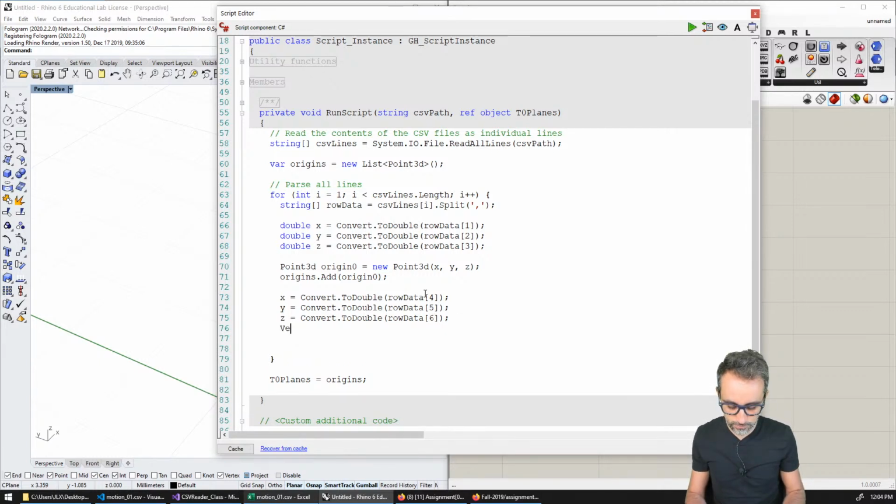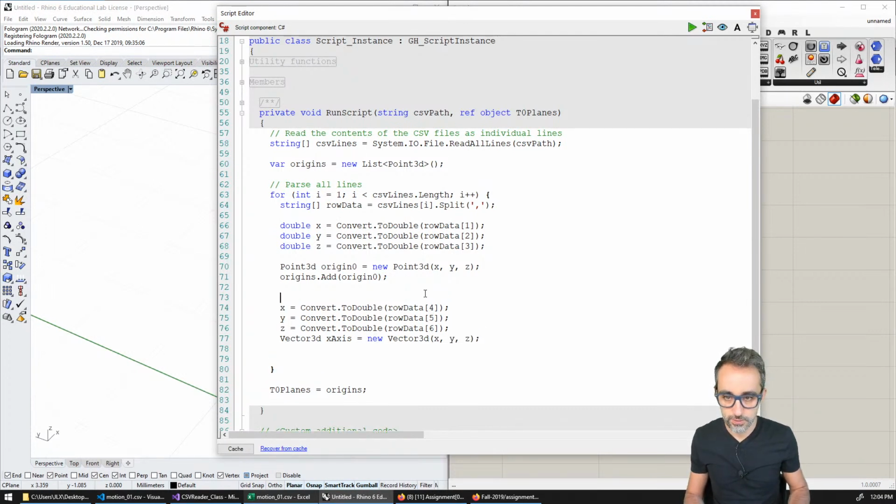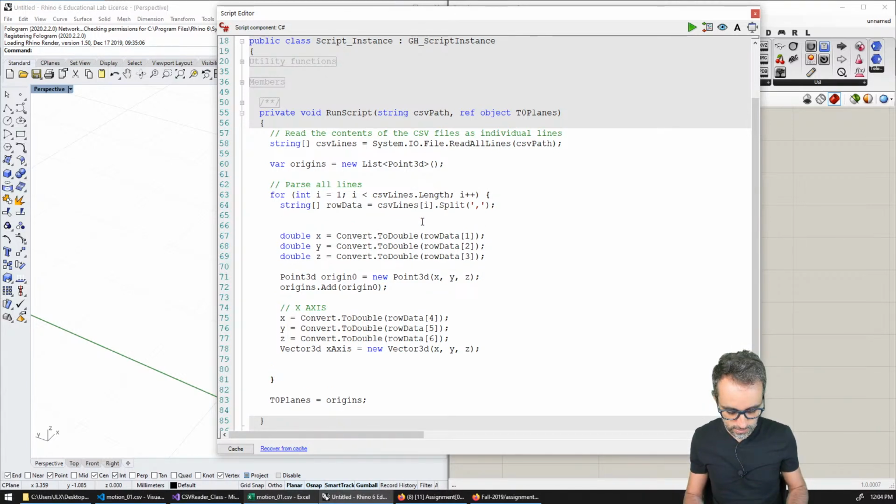And then here I'm going to say vector 3D x-axis is going to be a new vector 3D with X, Y, and Z. Okay, so this is going to be the X-axis. This is going to be the origin. Okay,